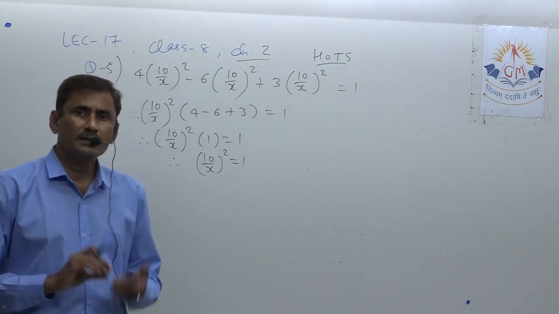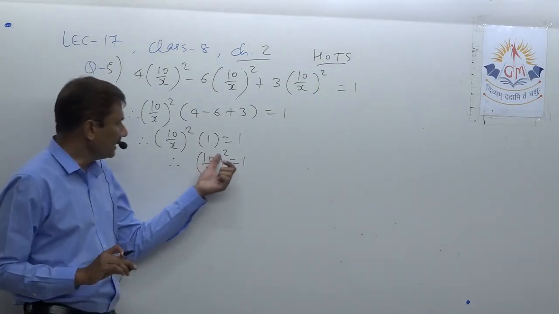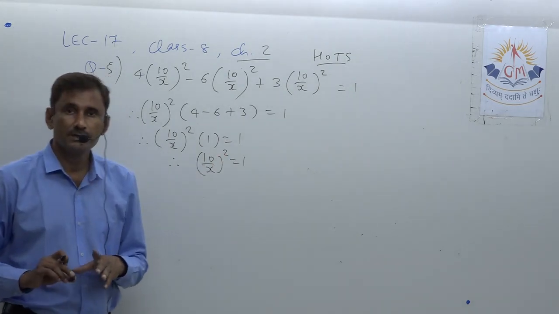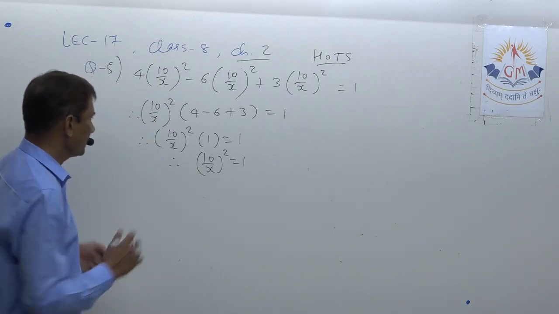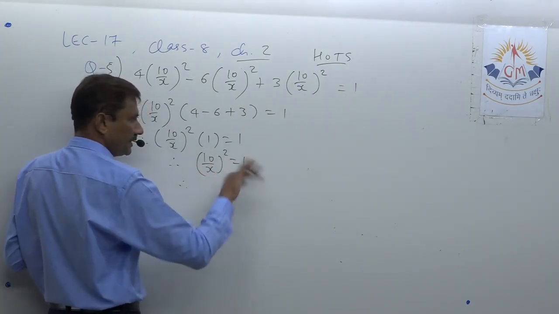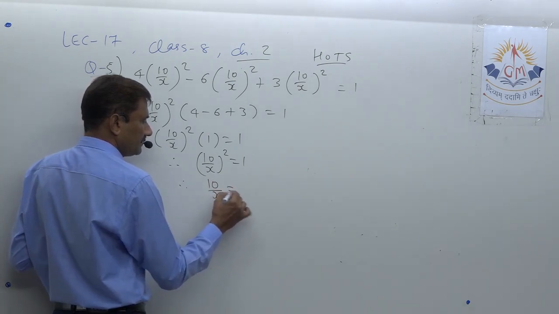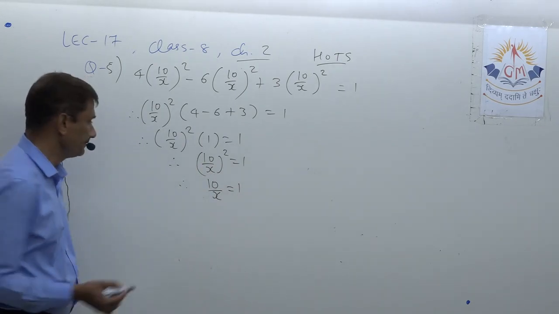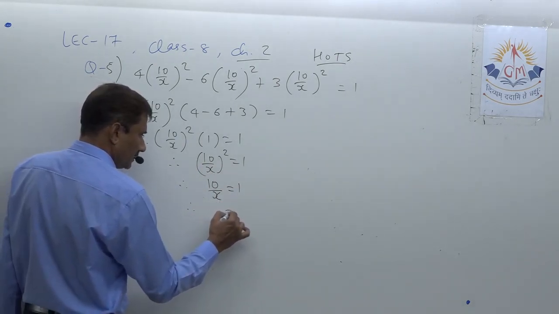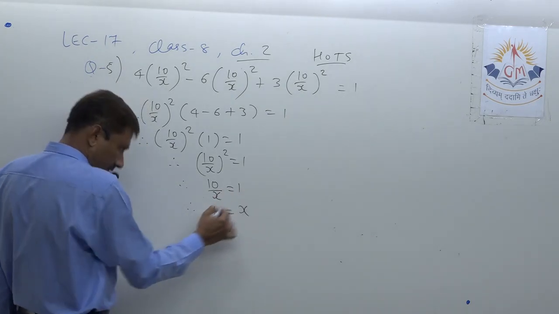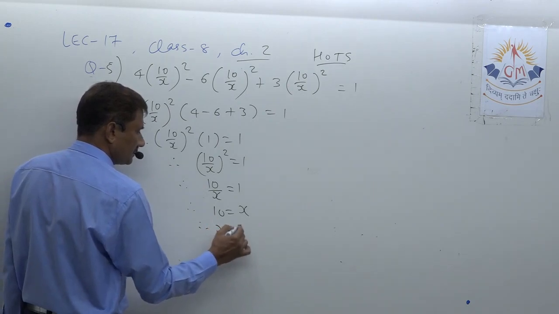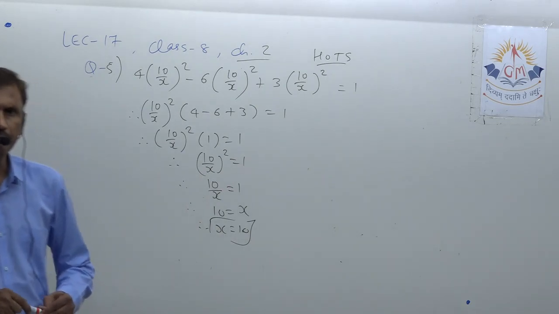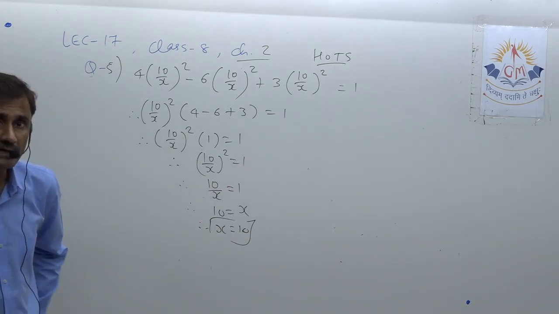Now, finding any variable from the equation, the degree should not be there. You remove that degree, whatever it may be. So I remove that degree 2 by taking the square root on both sides. So here 10 by x equals 1. Square root taken here, and here also, square root of 1 is 1. So now you can say x equals 10 because I shifted x here, 1 here. Therefore x equals 10. That is our answer. Okay, it is very simple. Just like terms are combined, and then the square root is taken for getting x.